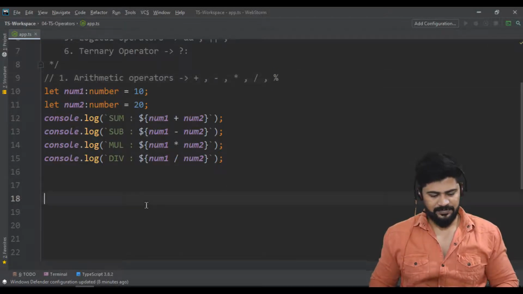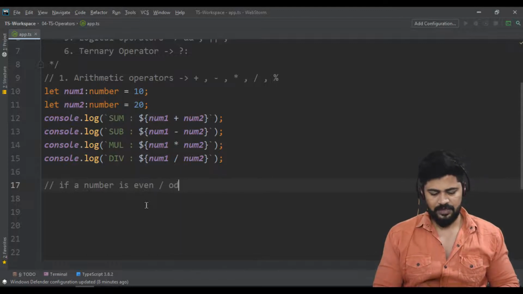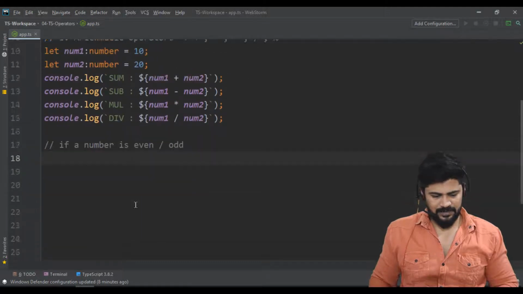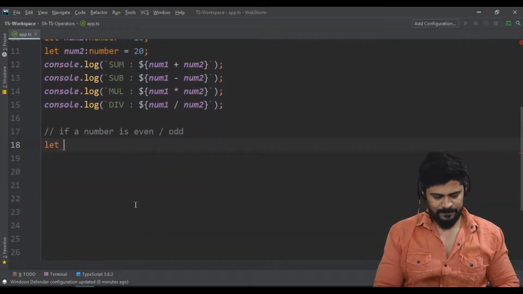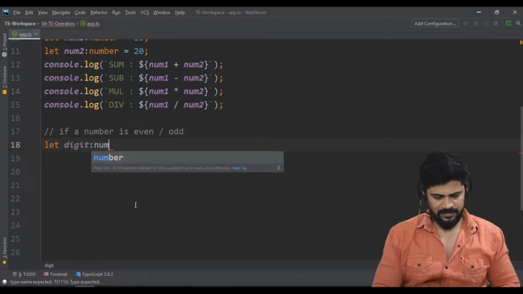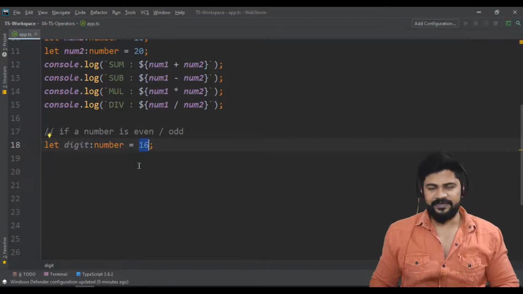For example, I need to check if a number is even or odd. How to check is the percentile. So what I do is let digit of type number is equal to 16. I have to check if this is even or odd.